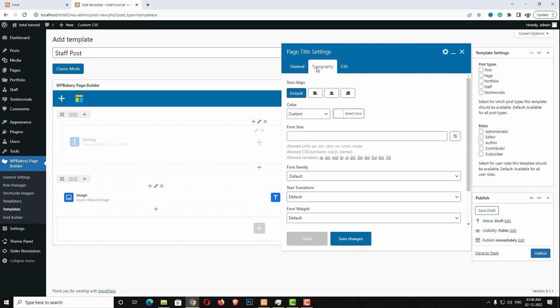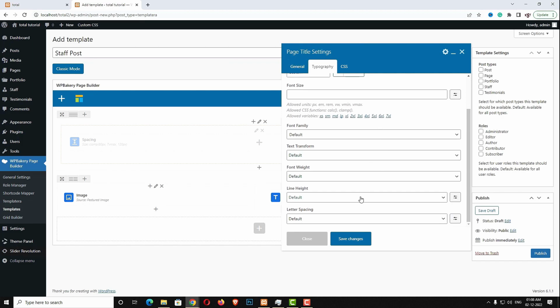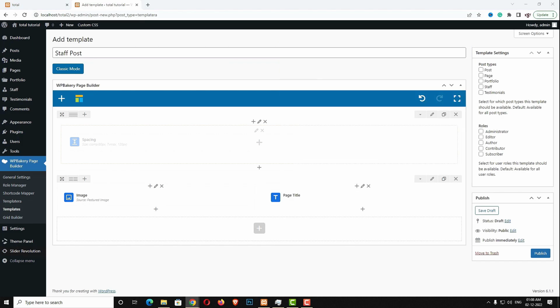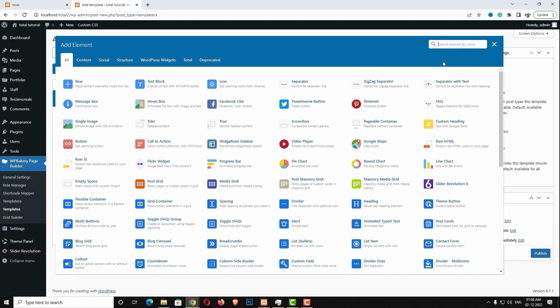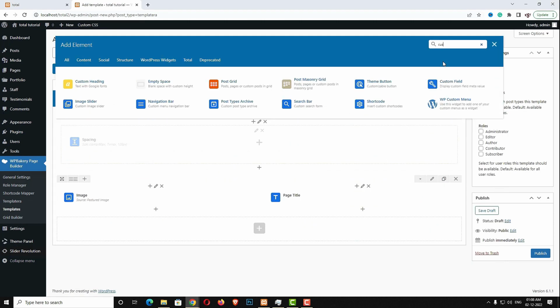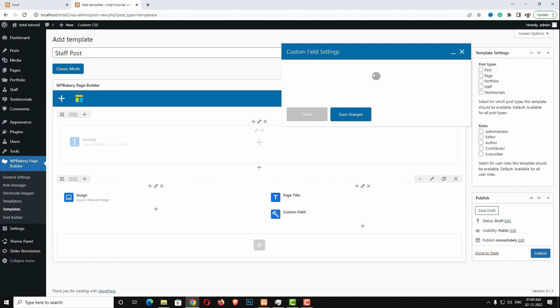Come back to the typography. Here also I am keeping everything default only. Let me click on save changes. Now let me click on the plus option. Let me search for the custom field. So here you can see the custom field, click on that,